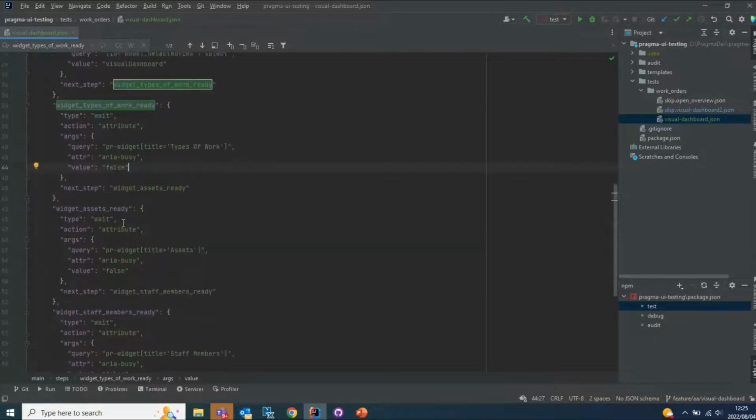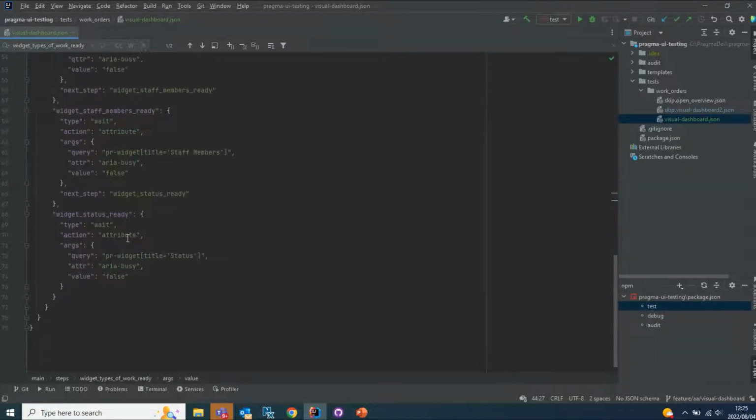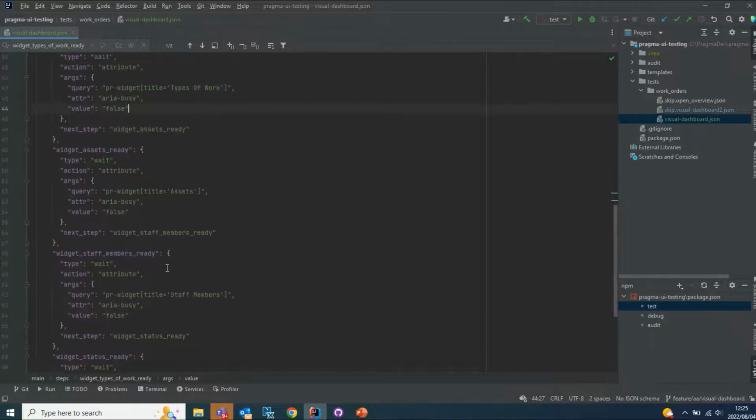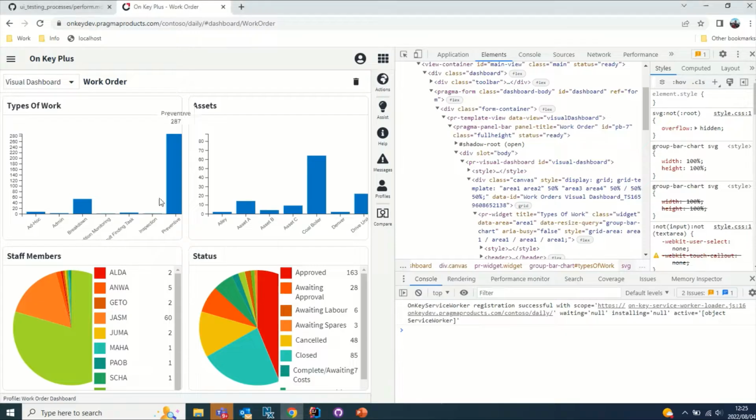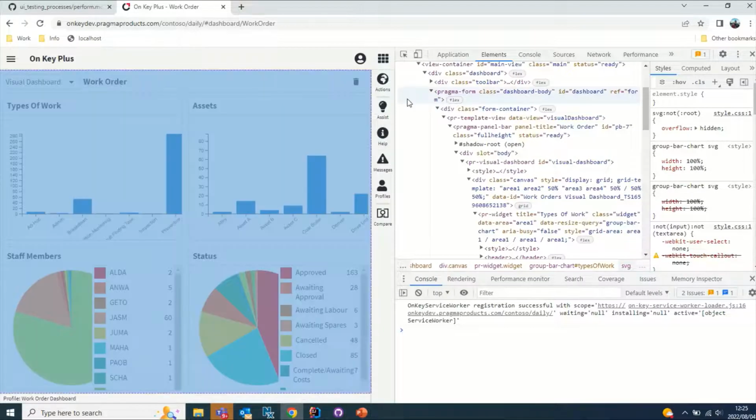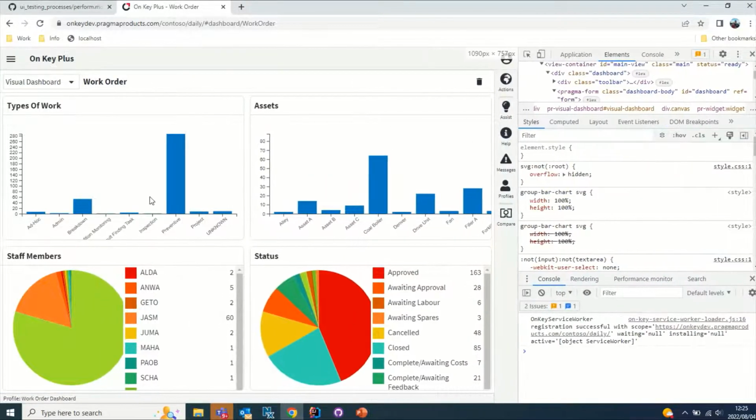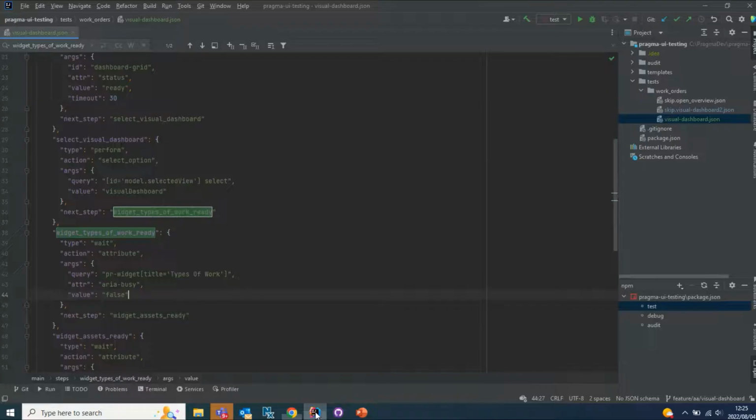So I have these 4 in place now. It's for each of the 4 different components. So types of work, assets, staff members, and status. It's checking each widget to make sure it's got an aria busy of false, at which point I can say the dashboard is loaded without any major errors. So if I run that all together now,